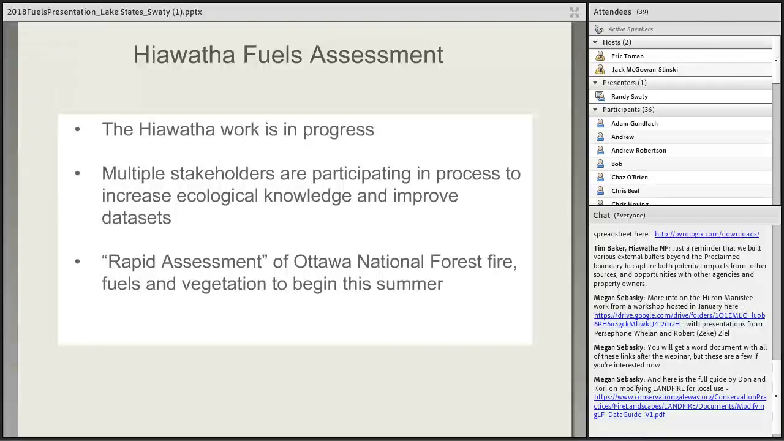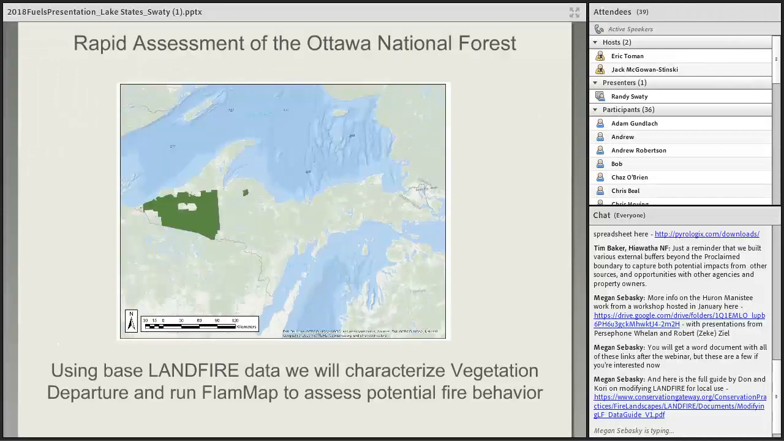Also, we're doing a rapid assessment of the Ottawa National Forest fire fuels and vegetation, which is beginning this summer. And I want to go through this really briefly just to inspire you to consider doing something that's similar. So here's the Ottawa National Forest on the western part of the Upper Peninsula. Basically what we're going to do is just take base LANDFIRE data, calculate vegetation departure,